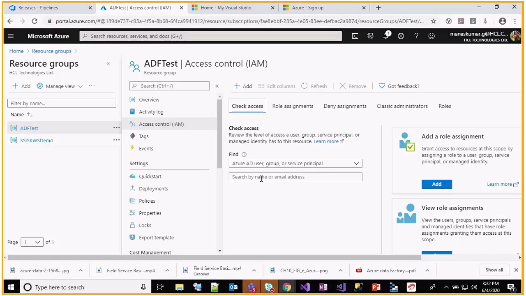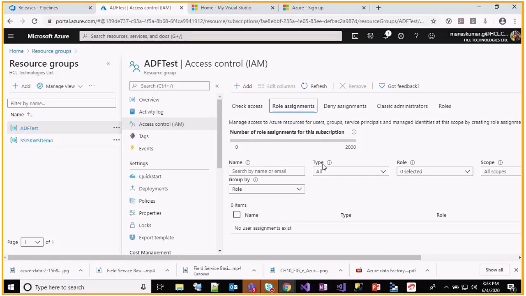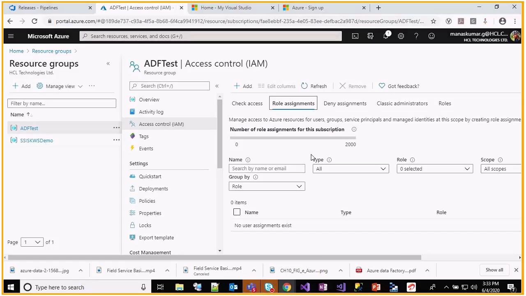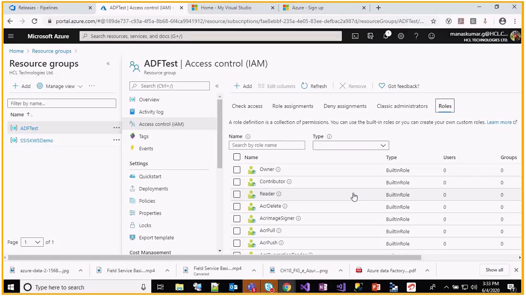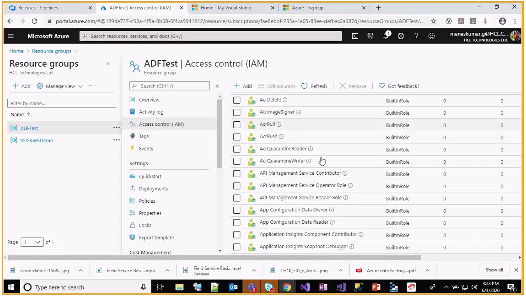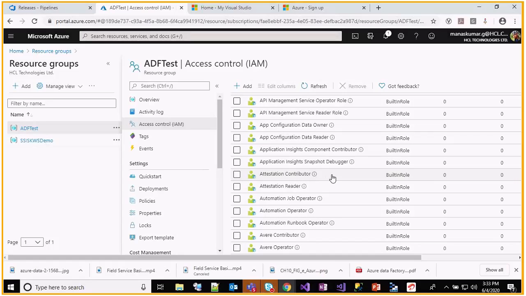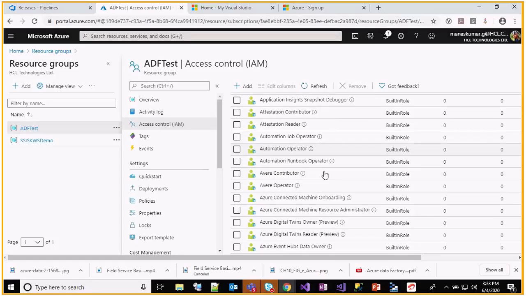That access they will be providing by giving my email ID here, and then they will assign the role, like which role I should be. I also told you, if I want to create the Azure Data Factory, I should be a contributor role. If you see in the roles, there are n number of roles available, like owner, contributor, reader, and application reader. Everything will be available.